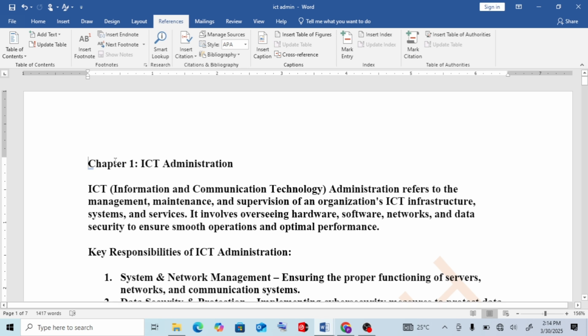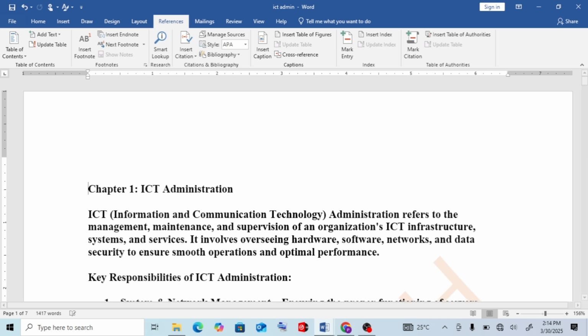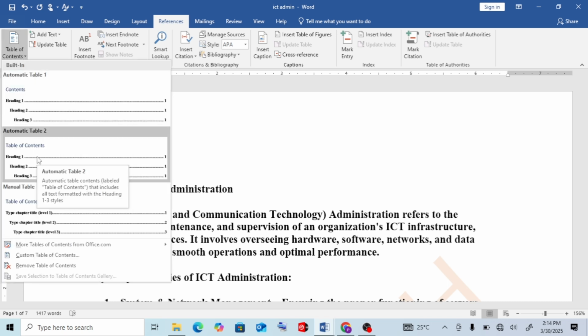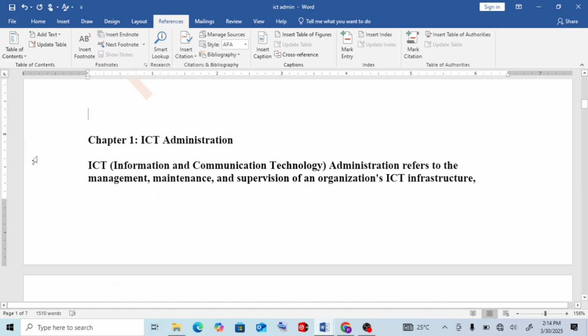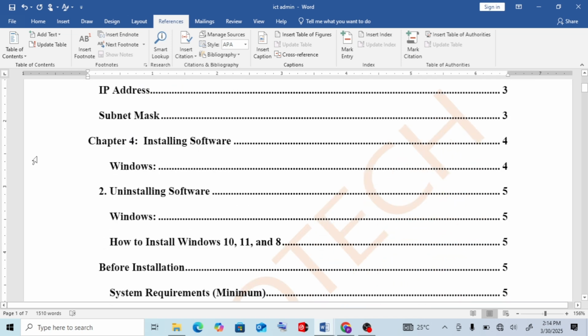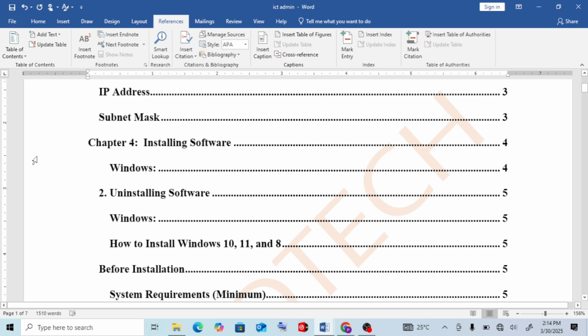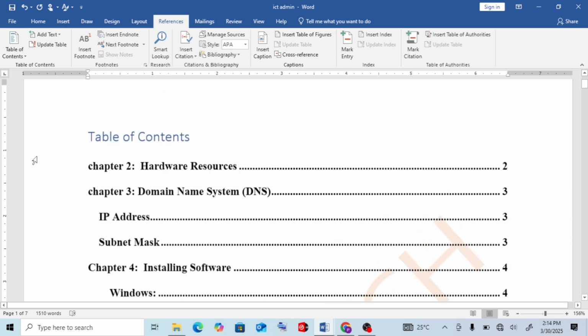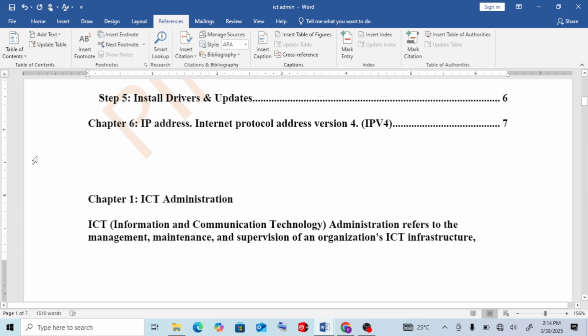Now we have two ways of putting the content on the first page. You can bring your cursor here on chapter 1, press it where it is now and press enter. You create a space up here. After creating a space up, you come to table of content and take the style of table of content you want, like that. You see, our table of content is already here. You are seeing chapter 1, chapter 2, chapter 3. You see, all of them, they are here.